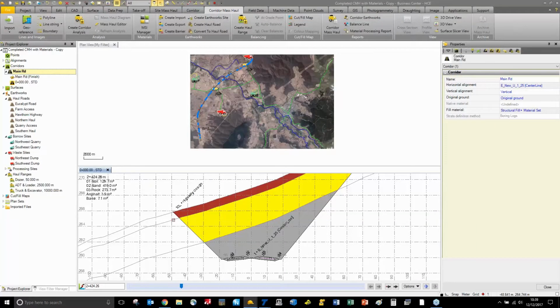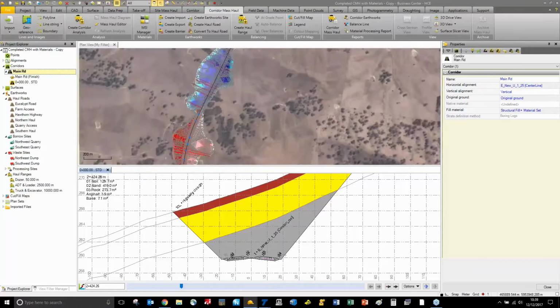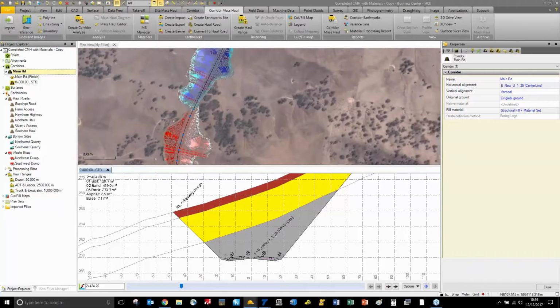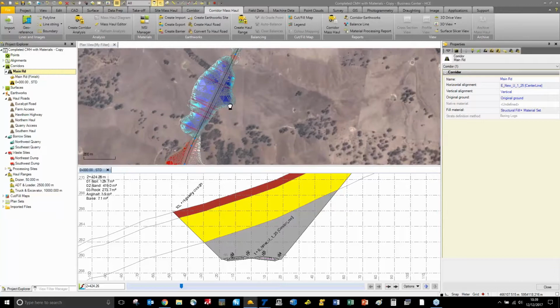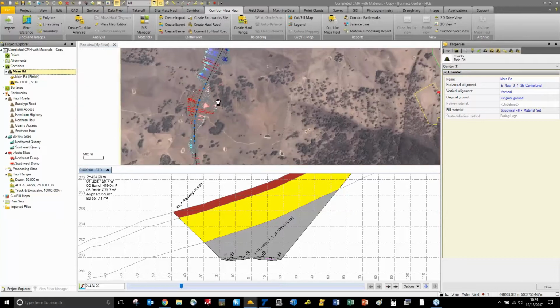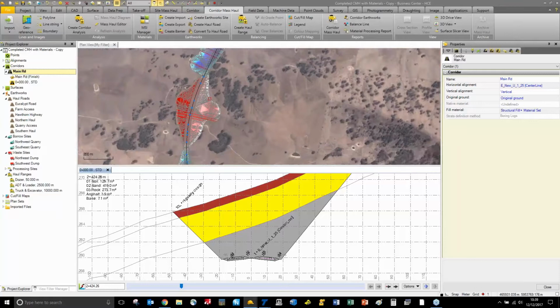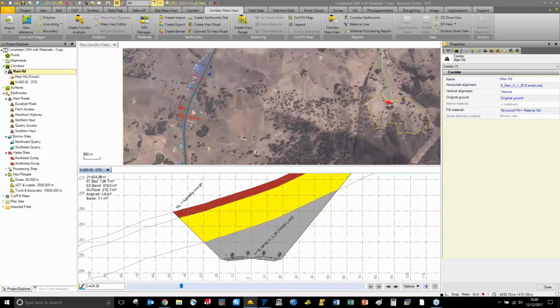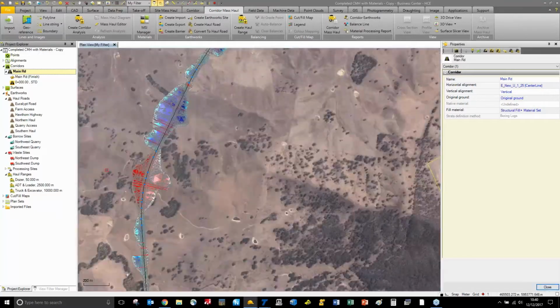So with all those parameters set, we can then see in our cross-section view where we come across those materials. In the plan view you can see we have, along our design here, red and blue indicating our cut and fill zones. That doesn't specifically say what materials are under there, but if you zoom in you can maybe guess that this cut area can be used in this fill area. But next we're going to get into the